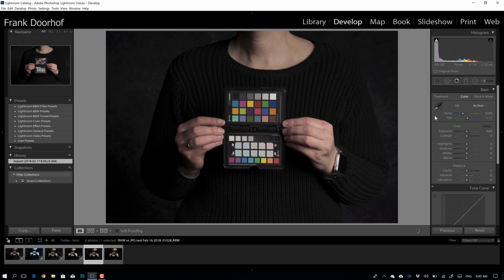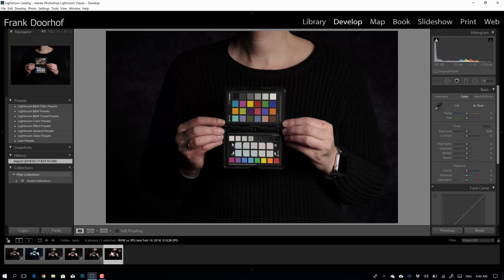This one was pretty accurate. This one was the one where I guesstimated my strobe's temperature and actually put it on. So this JPEG should have no problem looking natural. There we go. Okay, so now the whole story is, should I embed, or in other words, should I set